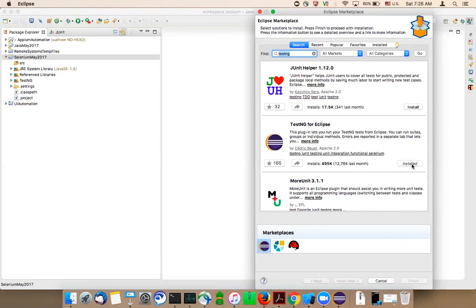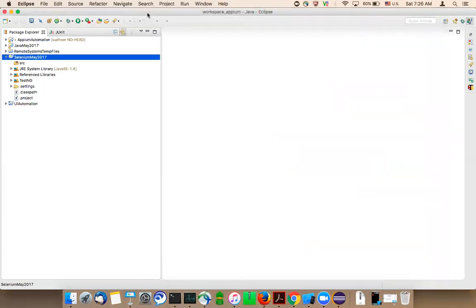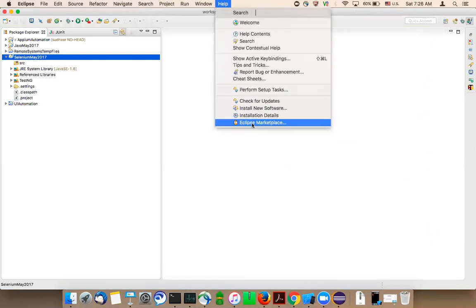Click on install and follow the steps. It will be done. So if you wonder how I reached that particular window, it is Help, Eclipse Marketplace. Click on that and search for TestNG. You get to see TestNG for Eclipse and install that.